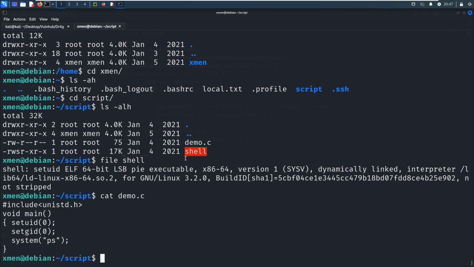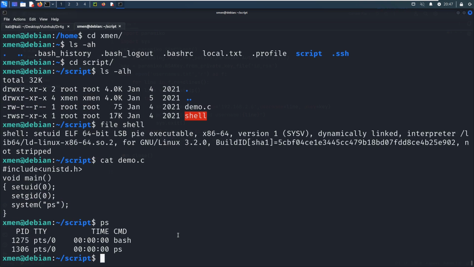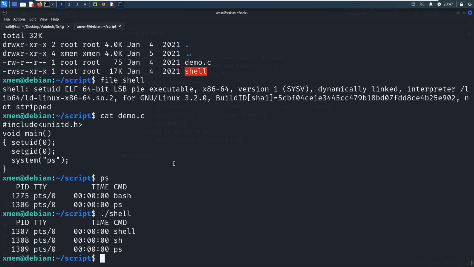Actually, I think possibly this file is running the ps command, right? The ps command, but you know, because of the set UID, we will get different behavior. Let's run it. Okay, so next, although it will run as the root user, all users running the ps command will get the same